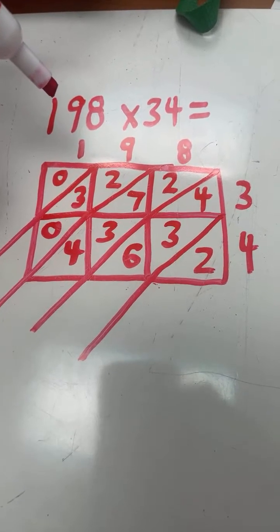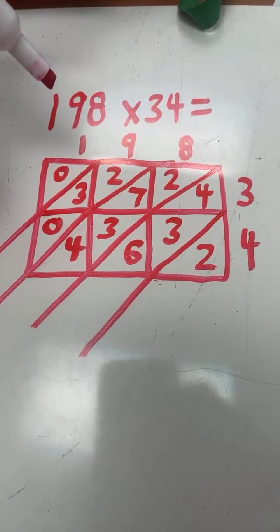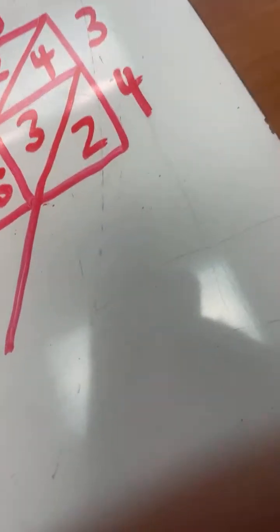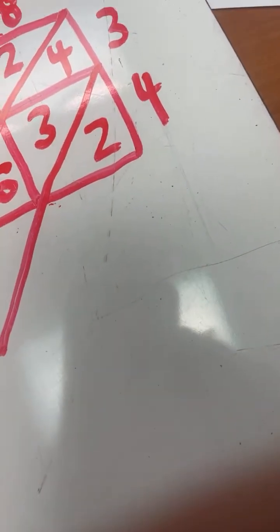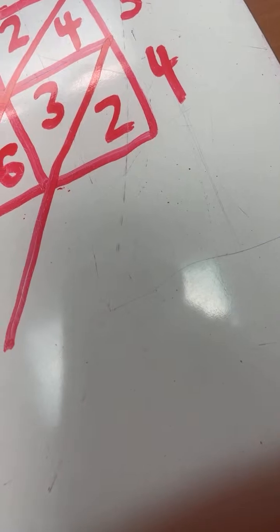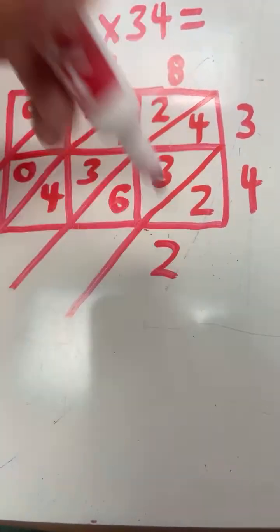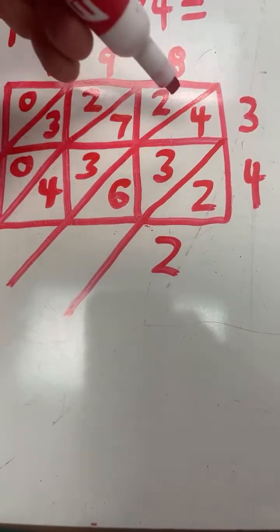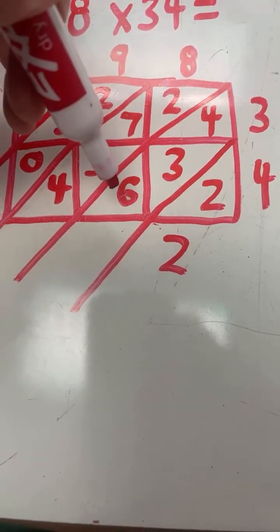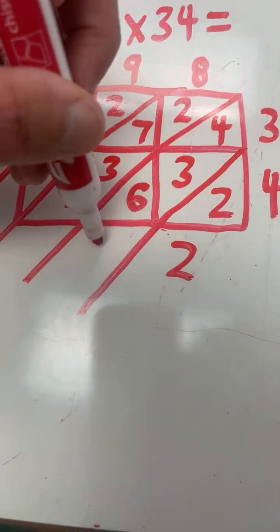All right, so now we have to add the numbers going across the diagonal lines. So going across this diagonal line, we have the number 2. Now adding the numbers in between these two diagonal lines, 4 plus 3 equals 7, plus 6 equals 13, 3,